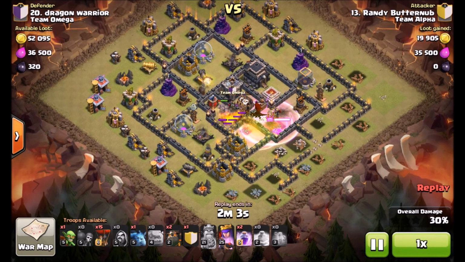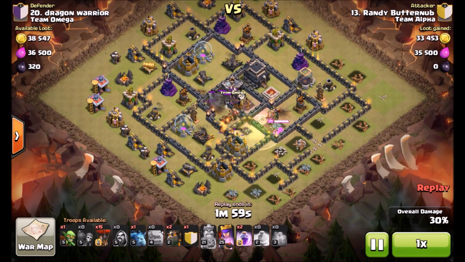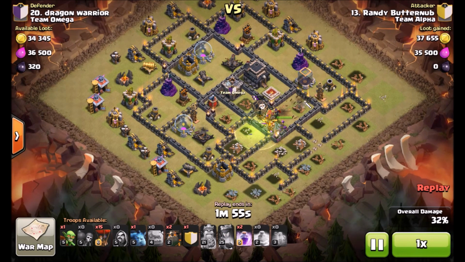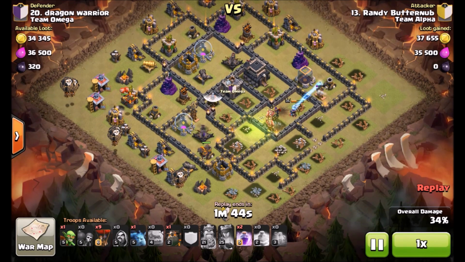Queen gets dragged in, chasing down the dragon. She gets caught on a storage momentarily, but he is going to phase her right as she targets the second air defense, which is perfect. And then she's going to turn, finish the king, finish the rest of the skellies, and then take out those balloons. At that point, he starts the rest of his...